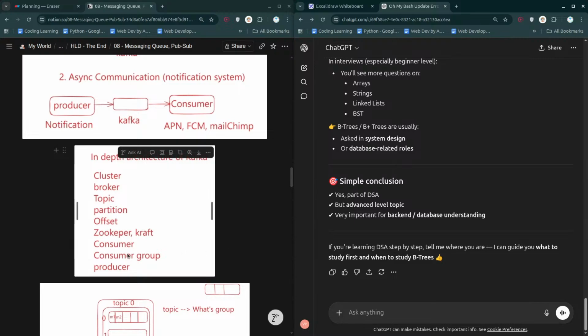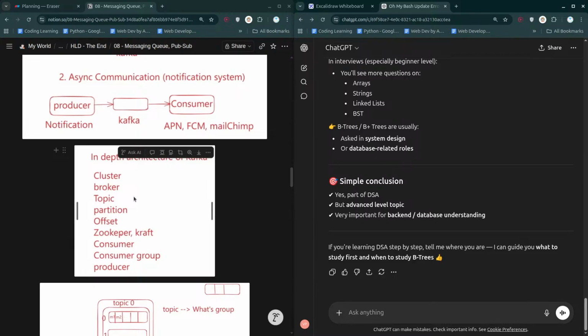A consumer group is a group of consumers. Earlier we just used to have consumers. The problem was that two consumers could not connect to the same partition.